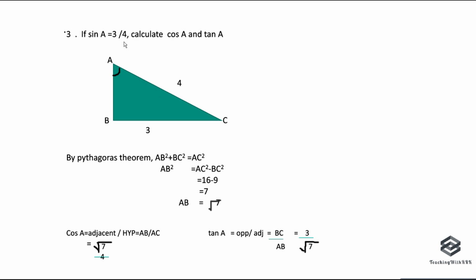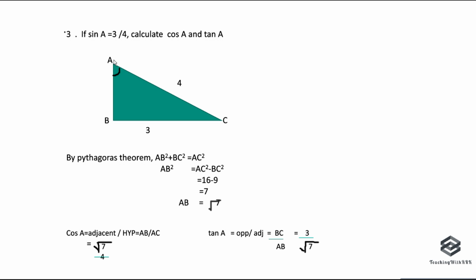Here given sin A equal to 3 by 4. That means A is the acute angle. So first draw a right angle triangle. Mark one of the acute angles as A. You can mark here A or here A because these two are acute angles. I marked here A. So sin A is 3 by 4. What is sin A? Sin A is opposite side by hypotenuse. Here opposite of angle A is BC. So write here 3, hypotenuse 4.